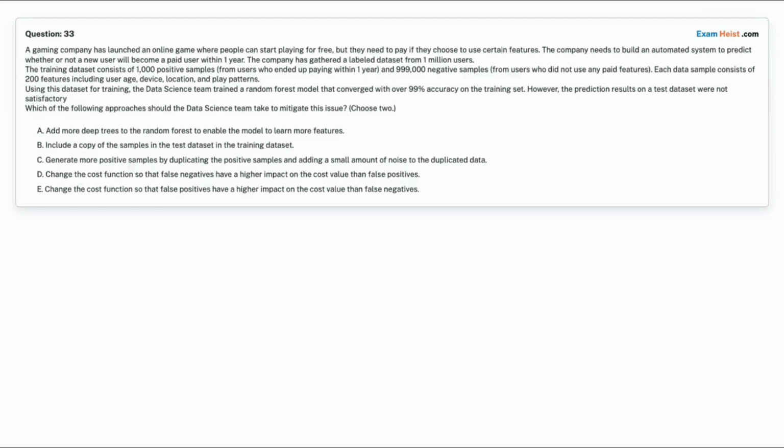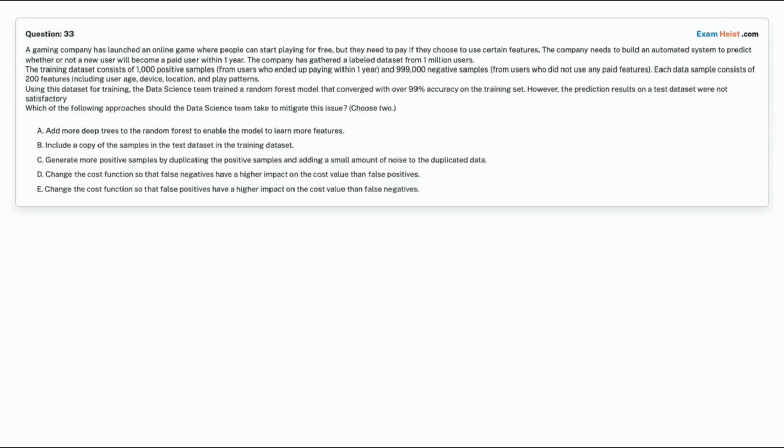Question 33. A gaming company has launched an online game where people can start playing for free. But they need to pay if they choose to use certain features. The company needs to build an automated system to predict whether or not a new user will become a paid user within 1 year. The company has gathered a labeled dataset from 1 million users.